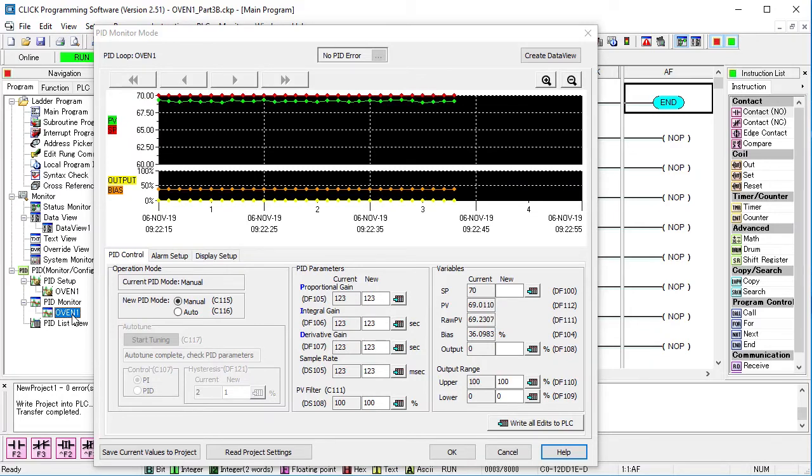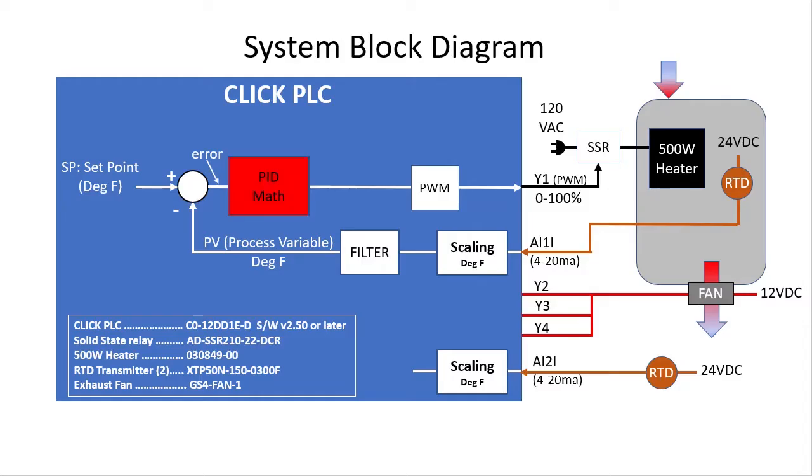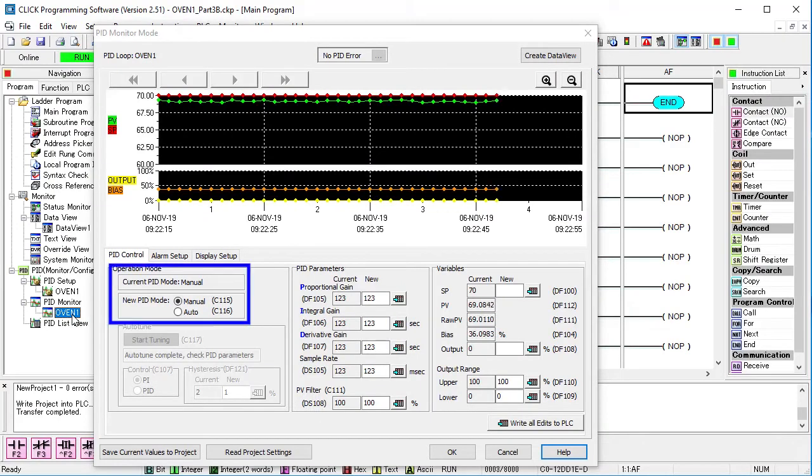The first thing to notice is we're in manual mode. It's important to understand that the PID math is running all the time, and normally it automatically controls the PID output. But we can disconnect that and manually control the PID output so we can force the PID output to whatever value we want. You'll see how handy that is in the next video when we characterize our system. These guys switch us between those two modes.